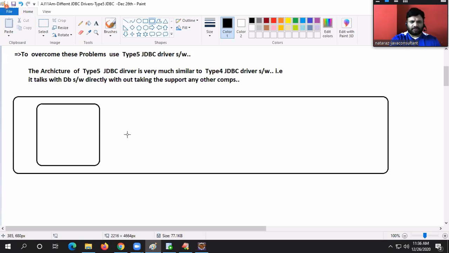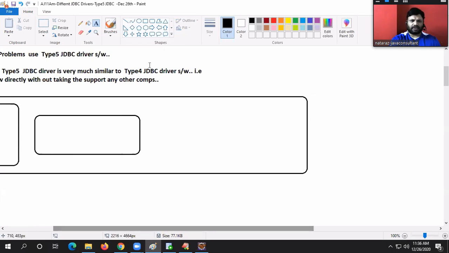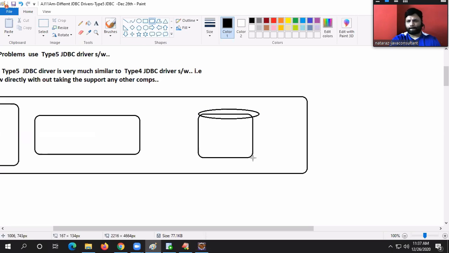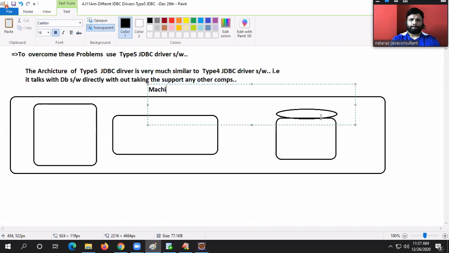Here is my Java application, guys. Here is my driver manager. Notify driver and talking to database. In this place, database software, machine one. Here is my Java application.